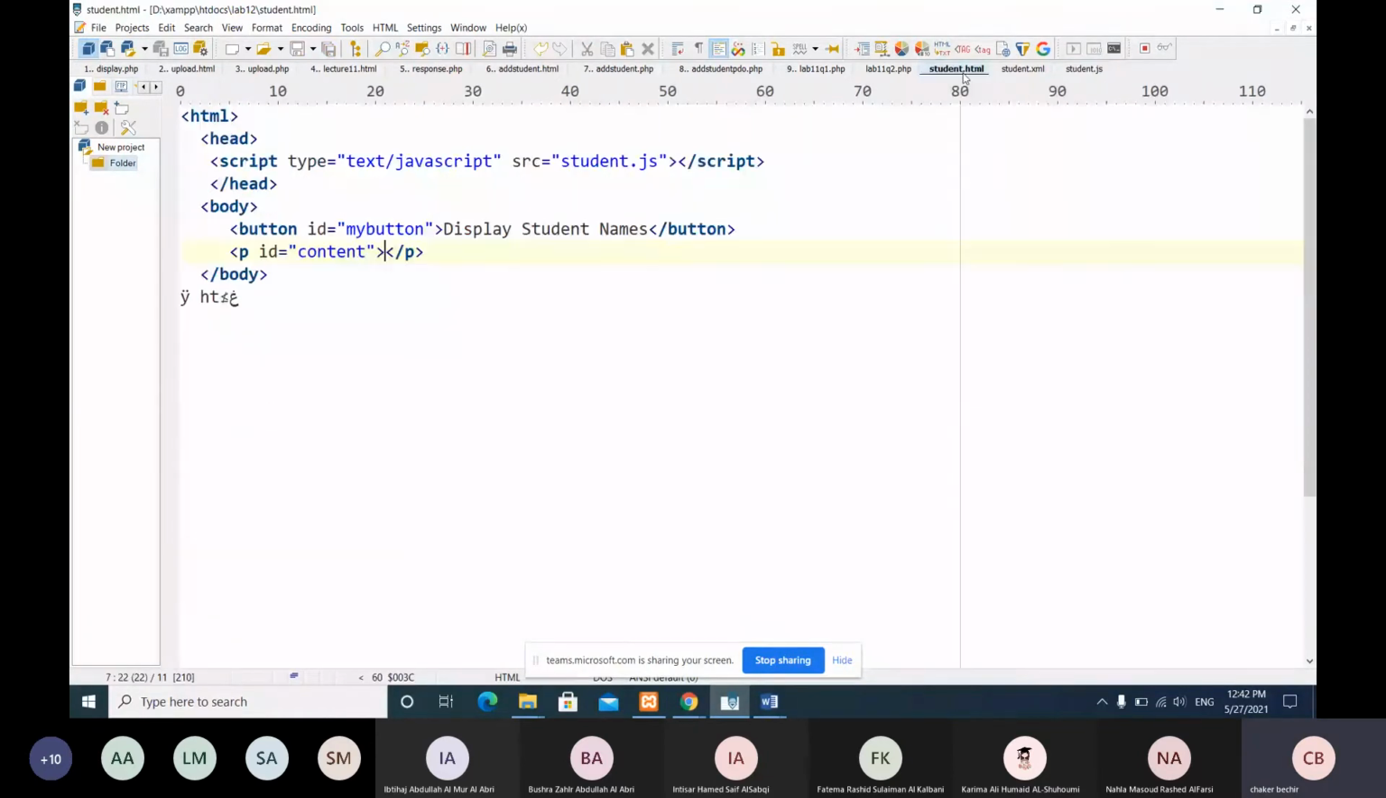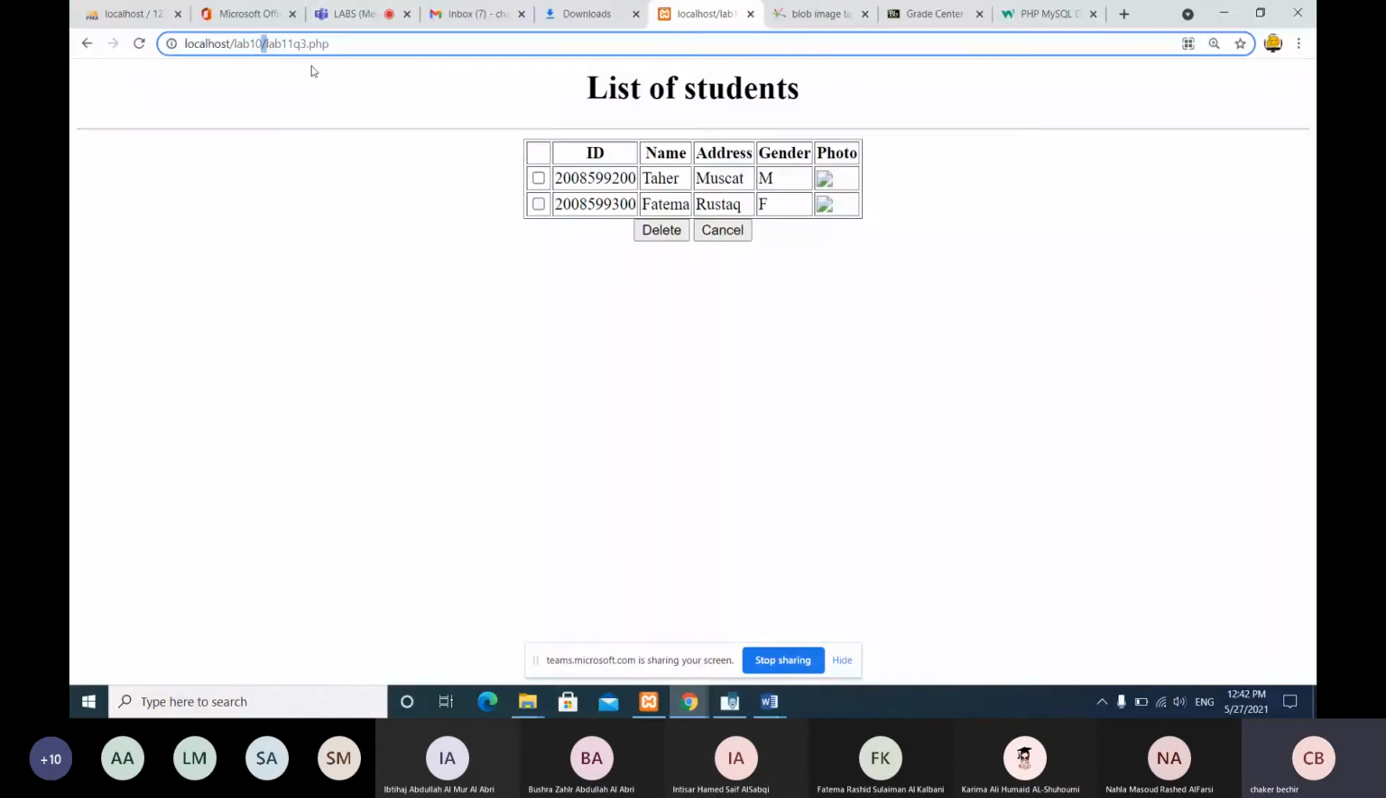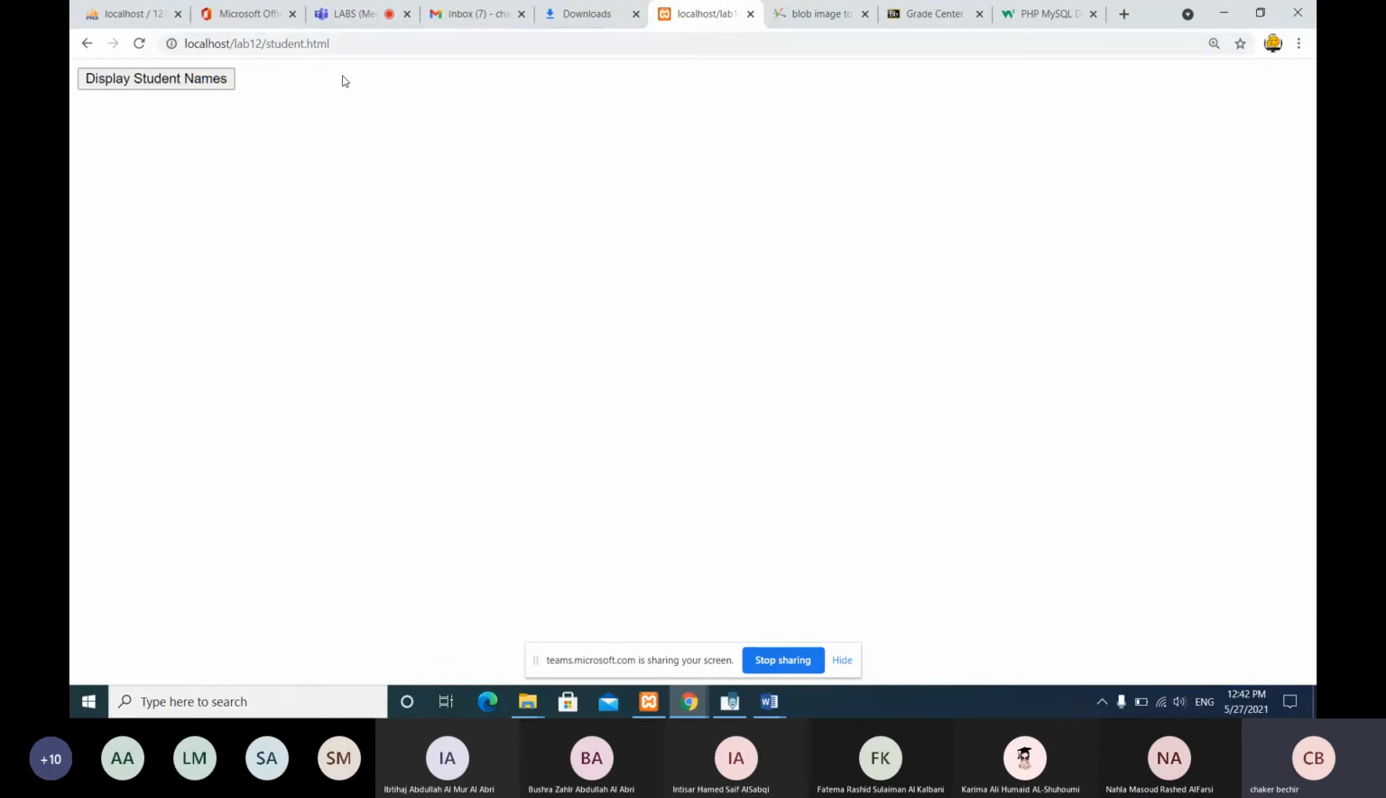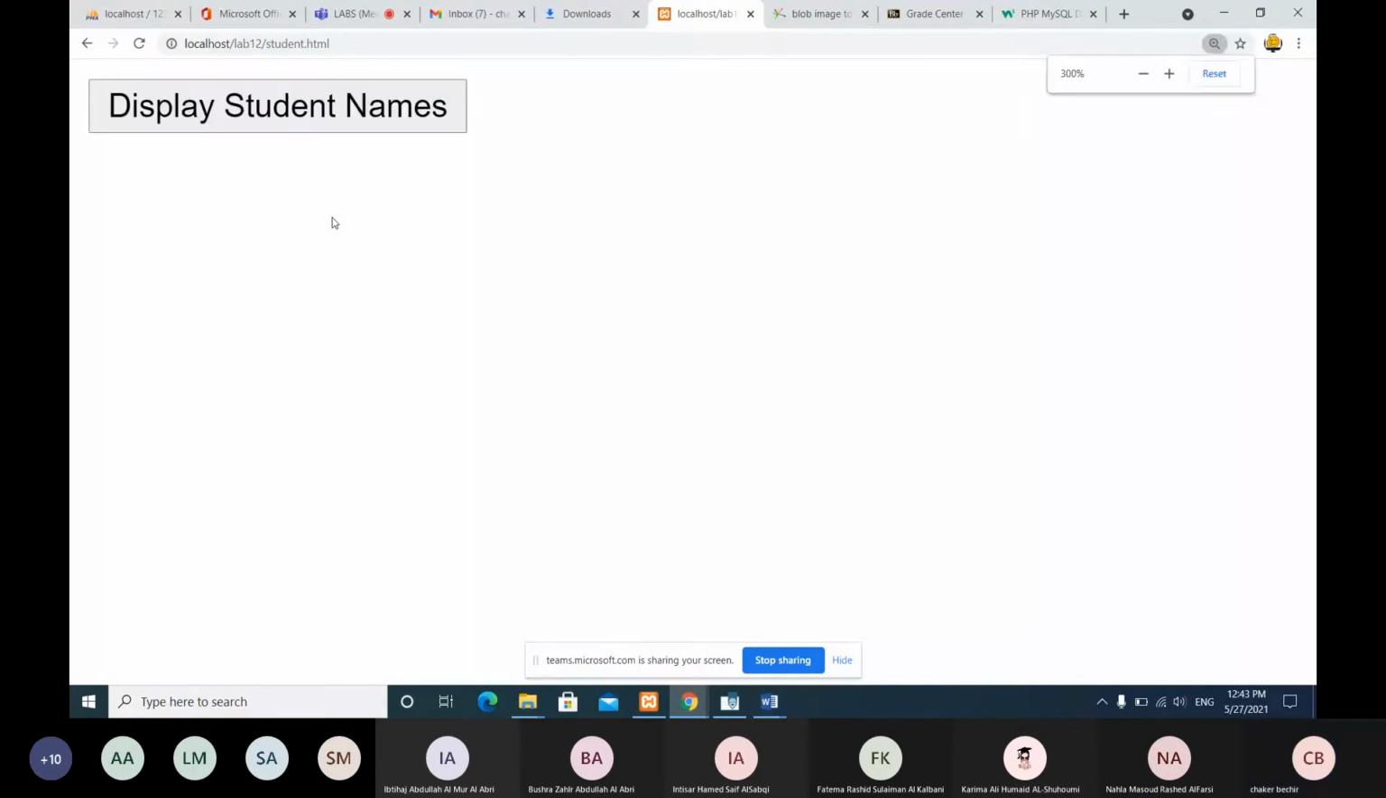So I will open student.html, yes? So here, lab 12 slash lab slash student.html. Yes, student.html. Yeah, you will get like this. You will get a button, huh? But after the button, there is a paragraph here which is empty. When you click, you will get the names from the XML file and you will put it here without reloading